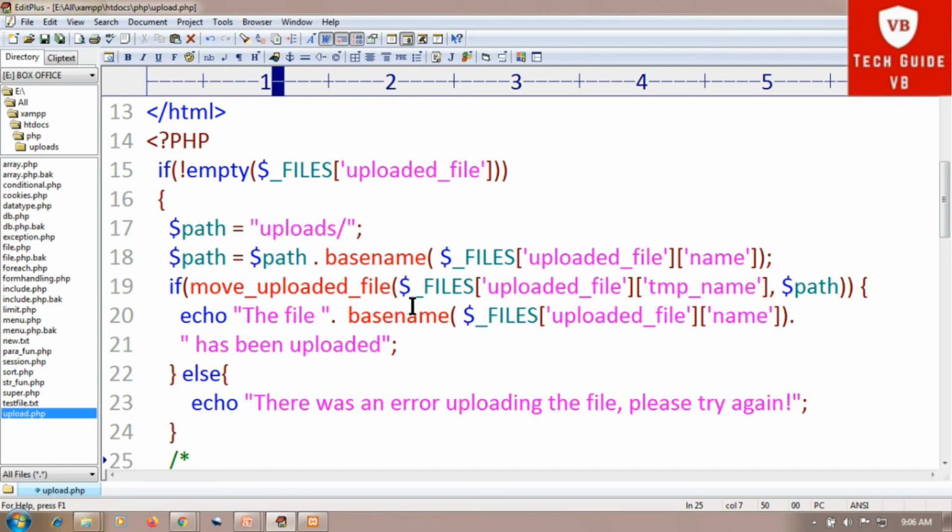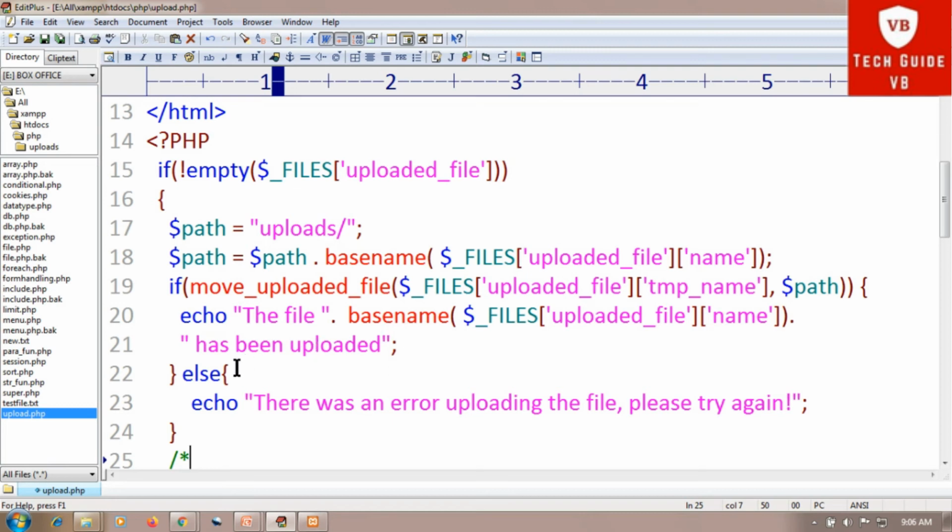So this is the code for uploading the file. This is the path where the file will be uploaded. Then this is the file base name, and we will move that uploaded file to that specified path which we have provided with the base name.